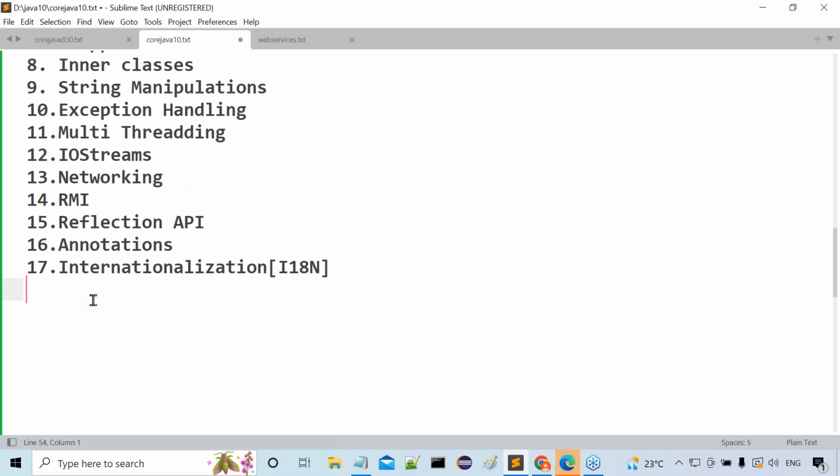A single program has to provide services in English, in Italian, in Japanese, in Chinese. In every language, wherever the customer exists, for their native languages, we have to provide support from our application. So this support is nothing but internationalization, or maybe localization, or whatever it may be. So internationalization is nothing but preparing Java applications with respect to the locality, with respect to the regions. Why? Because from language to language, from region to region, data representation varies.